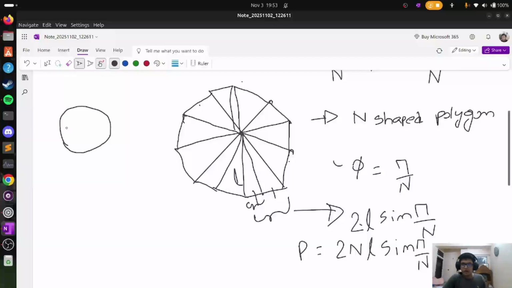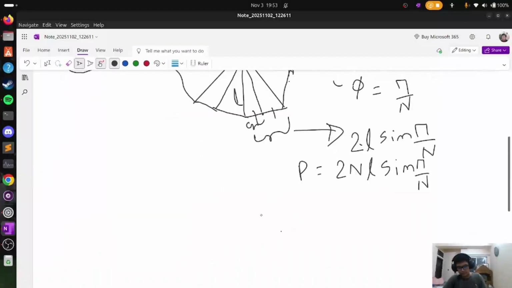Can you figure out how many sides this polygon has? It is a circle, right? Which means a circle has infinite sides. Infinite. You get my point? It has infinite sides. So we can take the limit here, the language of calculus, that the limit